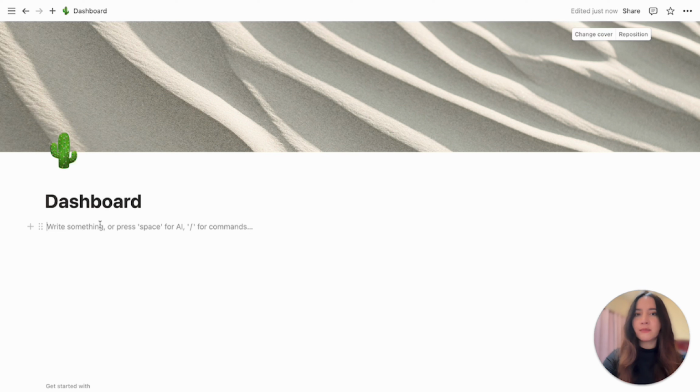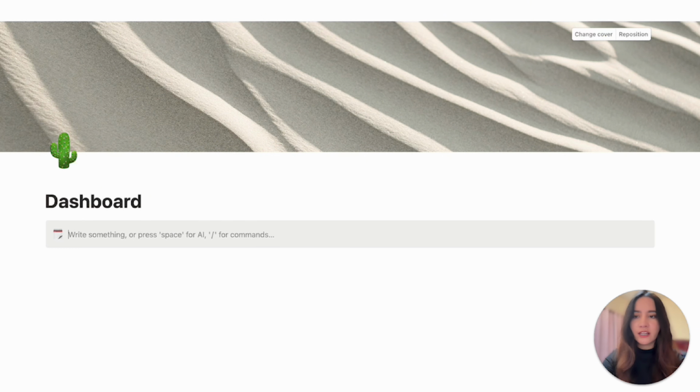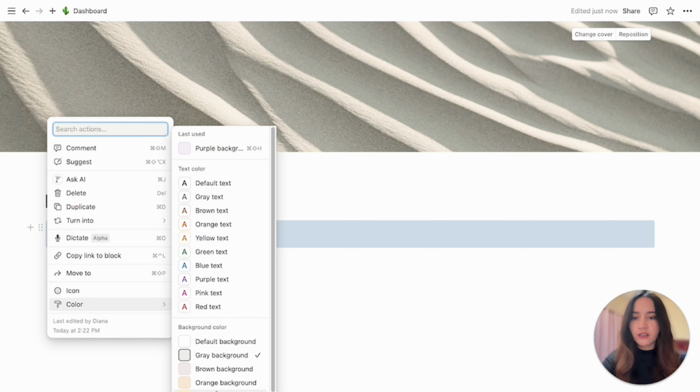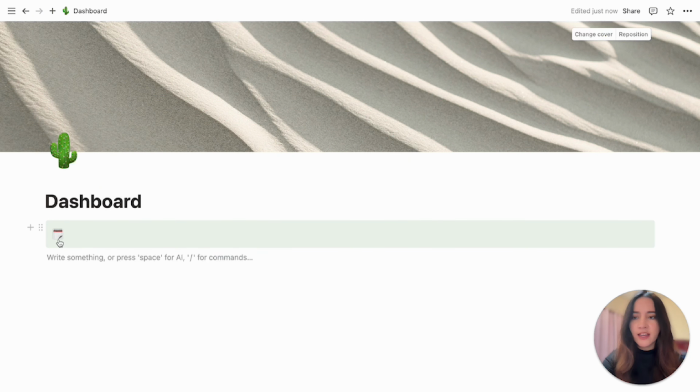And in most of my templates, I like to add a callout at the very top with just a phrase or something to keep me motivated. So I'm going to do /callout. And right here in the six dots, you can change the color. I'm going to make it green. And then you can also change the icon. And then I'm just going to add something like